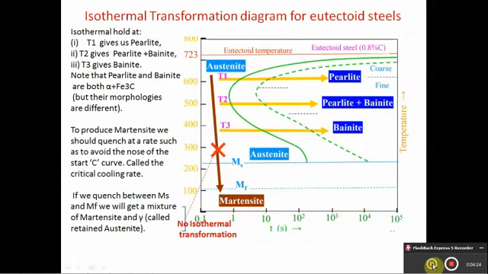This graph indicates the time temperature transformation curve or isothermal transformation diagram for a eutectoid steel. Isothermal transformation is held at temperature T1. When the temperature is held at this constant temperature, austenite will get transformed into pearlite, and that pearlite may be a coarser structure or fine structure. When T2, that is when the temperature is maintained at suppose 500 degrees Celsius, austenite will get transformed into a combination of bainite and pearlitic structure.